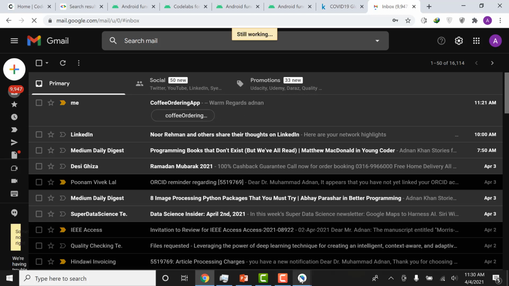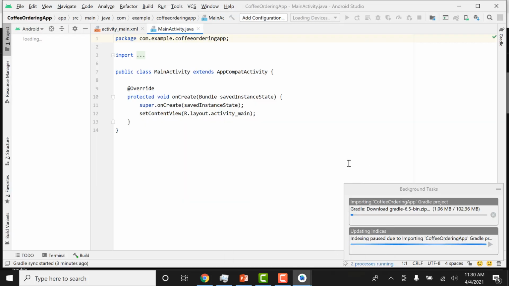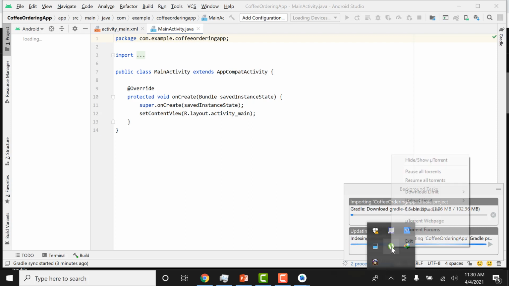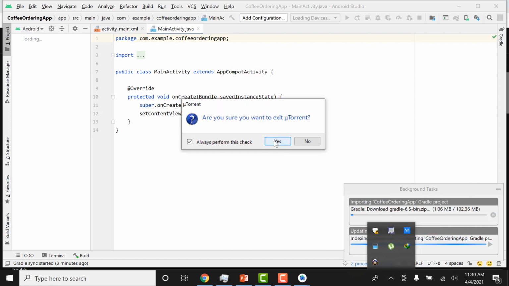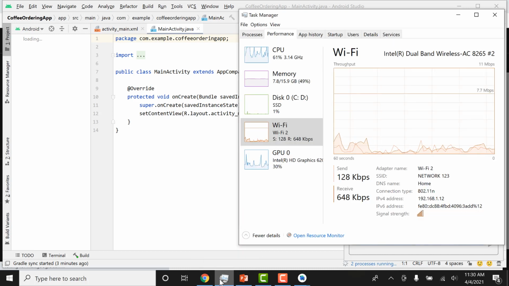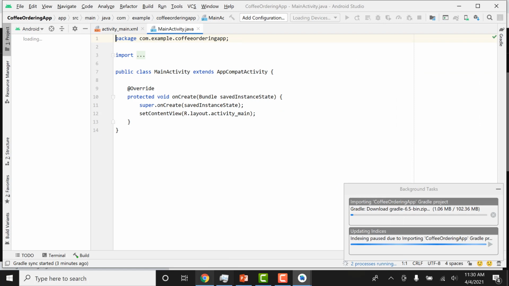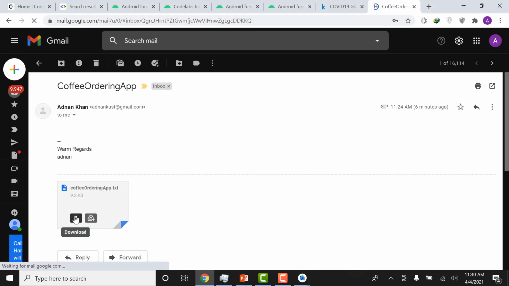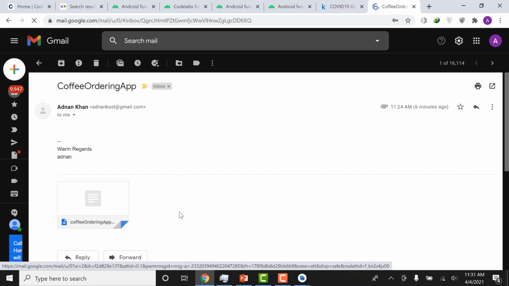We can wait for our Gmail account. I think it will be better if I quit some of my programs, because I think they are taking lots of resources. So it will be better to stick to just Android Studio, because our inbox is also very slow. So this means that we should stop or terminate the background services. Okay, so let me download this file.